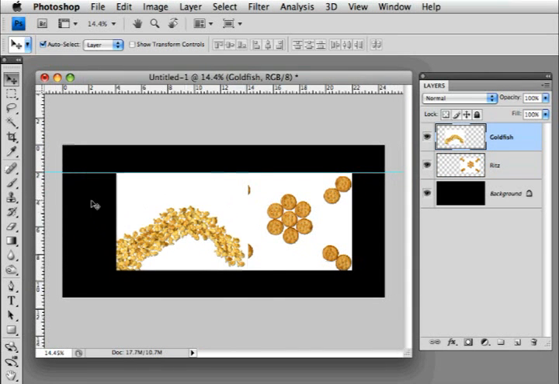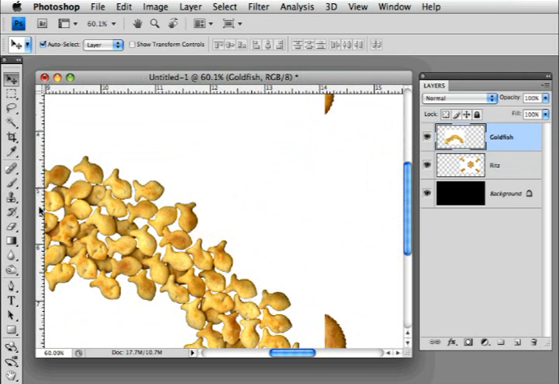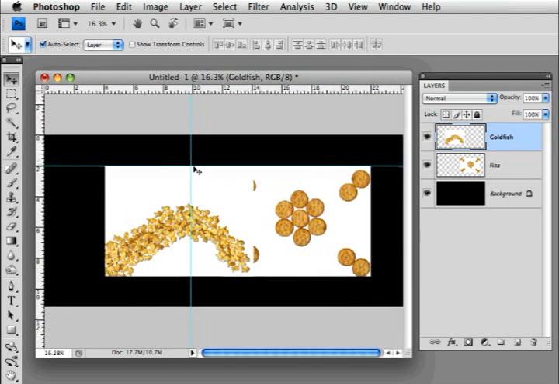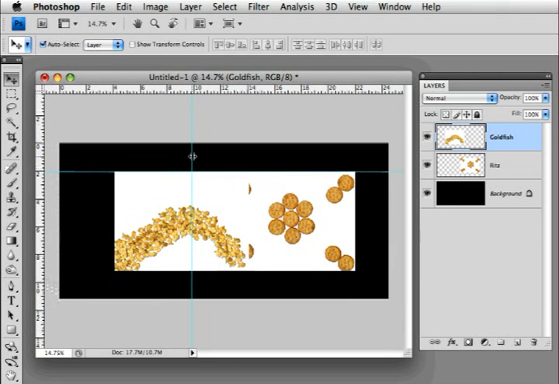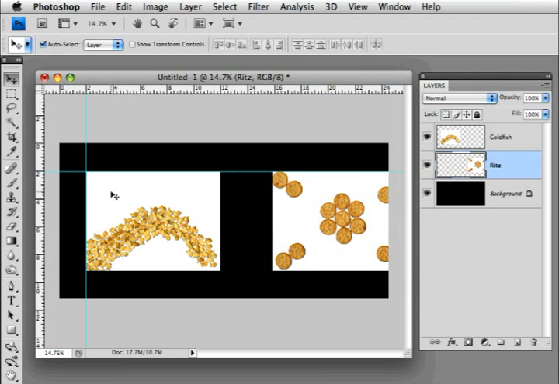So I've got my top guide. Now I want to click. Let me zoom in so you can see this. Click in this ruler over here, right in the space of the ruler. Click and hold. And oops, I zoomed in too much, so I need to zoom out. Okay, there we go. And I want to do a 2-inch edge over here. So if I go back to the line, notice that my move tool turns into a double edge arrow. And I'm going to go to the 2 inches right there. And then I can push this and it'll actually click into both. And then if I go to the other side,